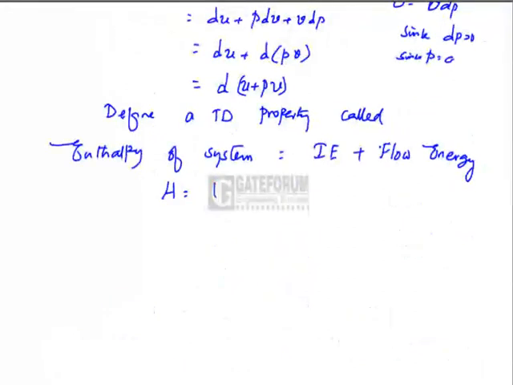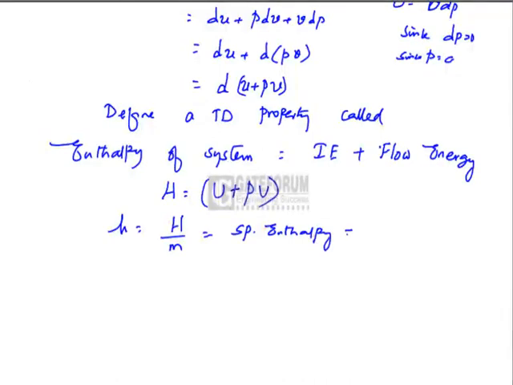H is equal to U plus PV, whereas small h is the total enthalpy divided by m, known as specific enthalpy, which can be taken as specific internal energy plus flow work done per unit mass,